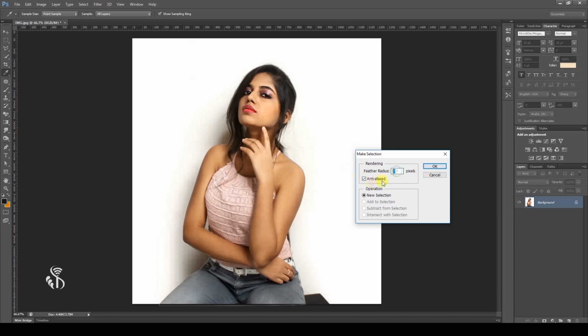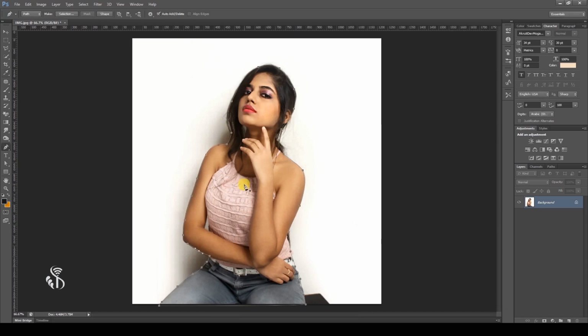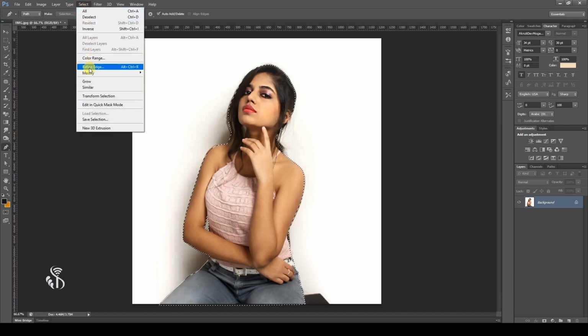If this is not done, the outline does not appear smooth. It appears jagged. To make the outline appear smooth, from the Make Selection dialog box, select the feather, or from the Modify command under the Select menu, select the option Feather.